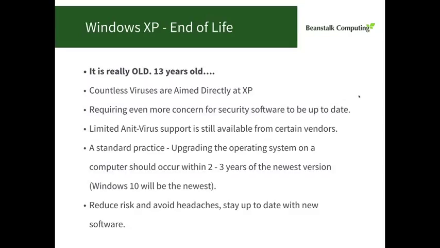So the easiest way to tell what operating system you have on your computer is to click on the Start button, and then right-click on Computer or My Computer and select Properties. From there, you can tell if you have Windows XP, Windows 7, Windows 8, or 8.1. But in regards to XP,